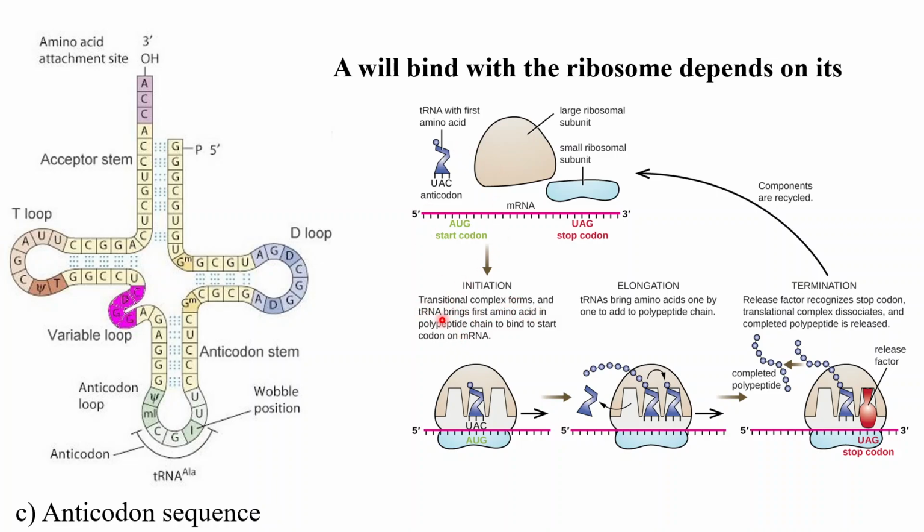Translational complex forms, and tRNA brings the first amino acid in the polypeptide chain to bind to the start codon from the mRNA. The start codon is AUG and the stop codon is UAG. Now there are three different stop codons: UAG, UGA, and UAA. These codons are basically a triplet code which consists of three different